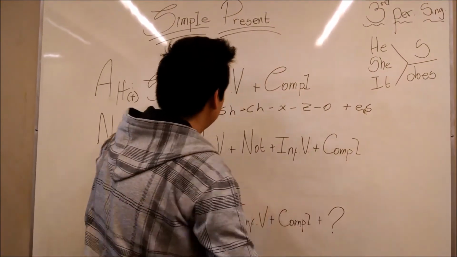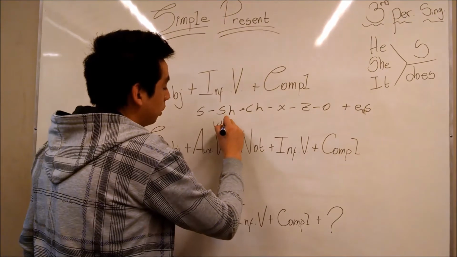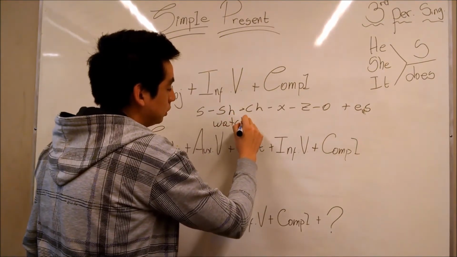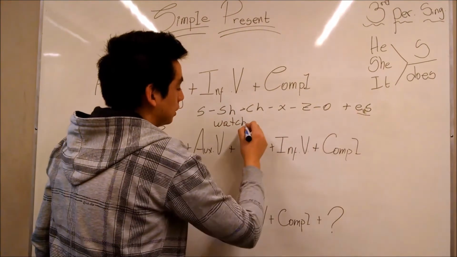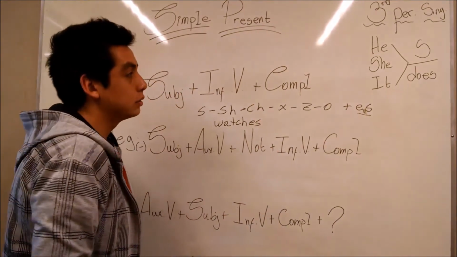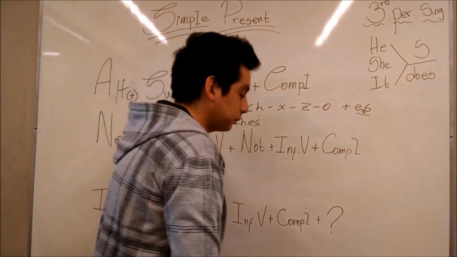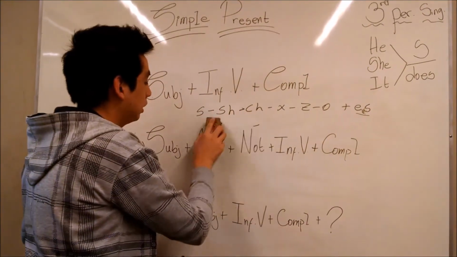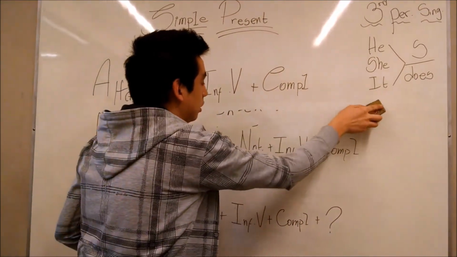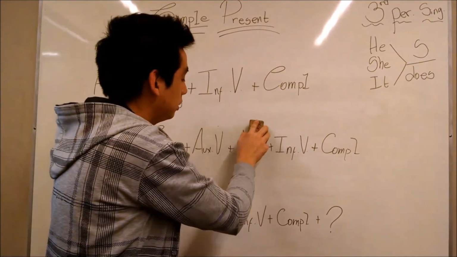For example, if we have the verb watch, we have to add es, watches, in the case of he, she, or it. Okay, so